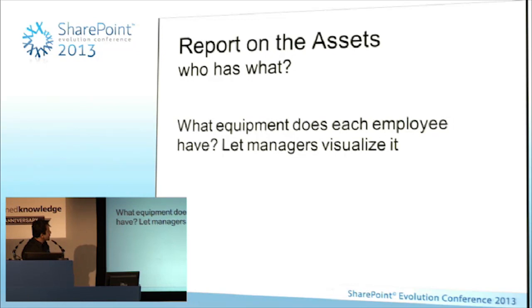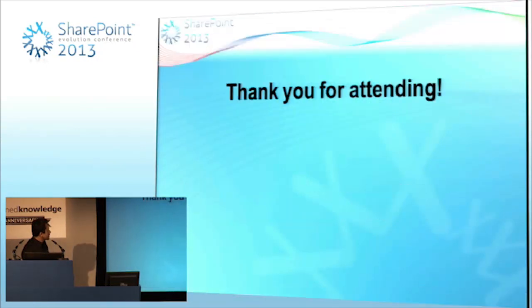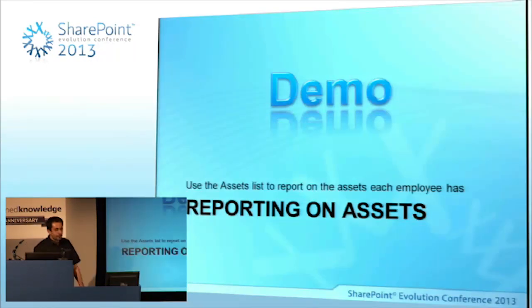Okay, and then we talked about the asset list. I did the reporting on assets, which was a simple reporting, of course, using the data view or list view web part in this case. But you could go a lot further with Reporting Services, even with Dashboard Designer, making a dashboard out of the asset list, or using, I don't know if anybody used the chart web part before. That's also a very good way to take the chart web part, connect to a list or a library, in our case a list, and then go ahead and manipulate that from there. Okay? Now I do have this